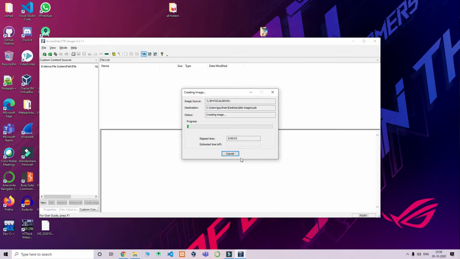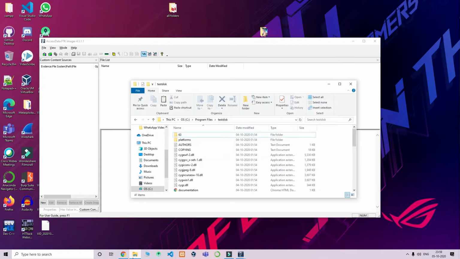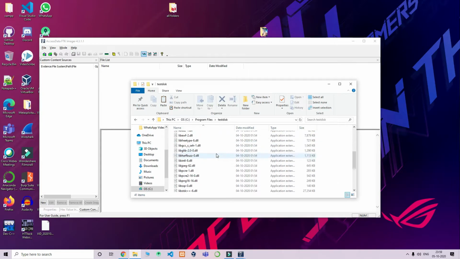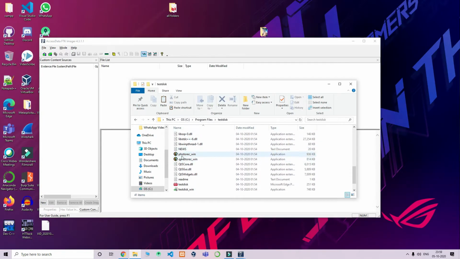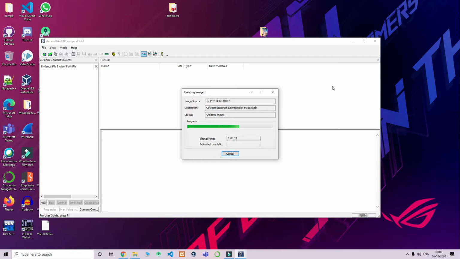It takes a few minutes to generate the image. It will be a size of 15 GB as we are doing a bit by bit copy of my USB stick. Wait for a few minutes and you will have the copy of our disk image. Till then I will show you the Photorec folder. When you download the Photorec folder, it will be downloaded as testdisk. Then copy paste that into C drive. When you open the testdisk folder, you will have the application icon Photorec_win and set up a path variable for that. You can see it is taking some time to copy the contents.